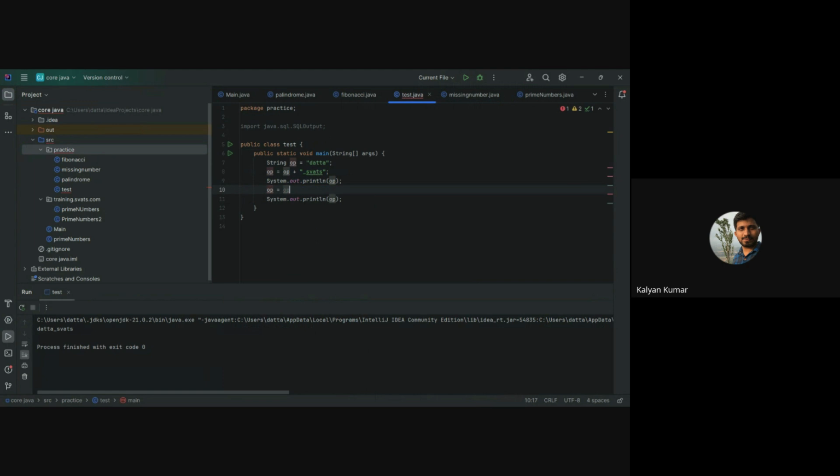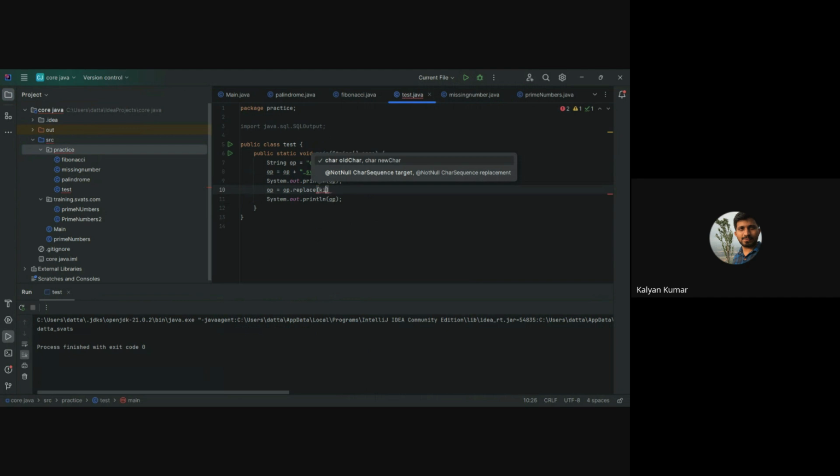Dot and then replace. Do we have a method replace? Now you can put one character which is an existing string, comma, new character. So we are trying to change a character in the data swats to something else. Instead of Datta, put Kiran.